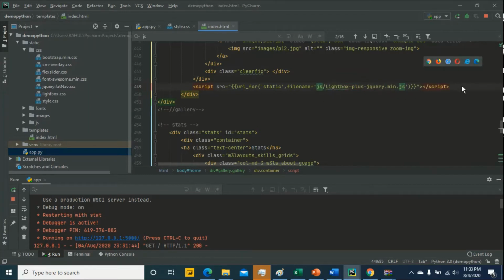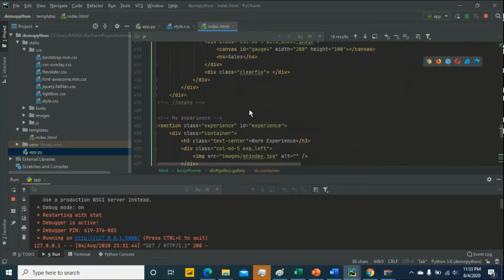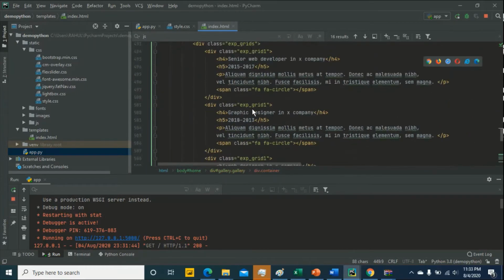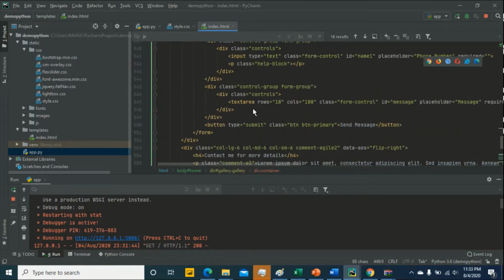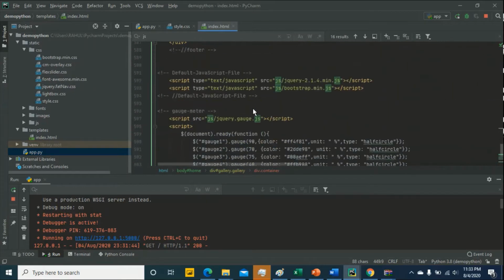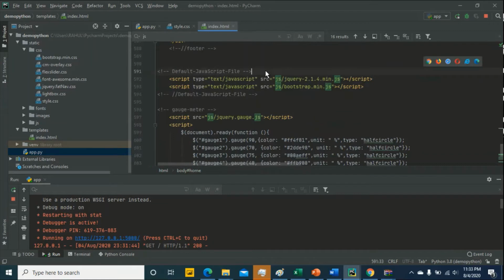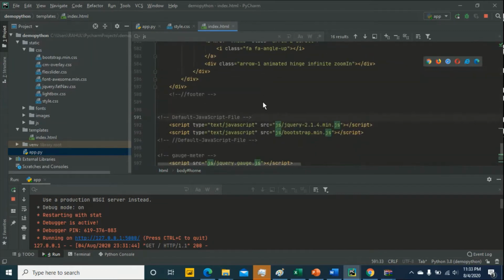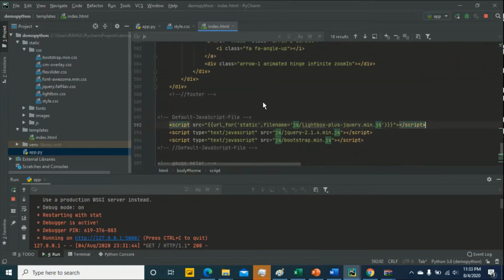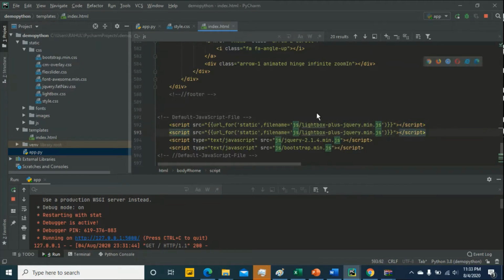Okay, then copy this script src. Where is the JS src? Also JS at the bottom. Okay, this one, two JS are here, no? Just copied this src and then paste here.